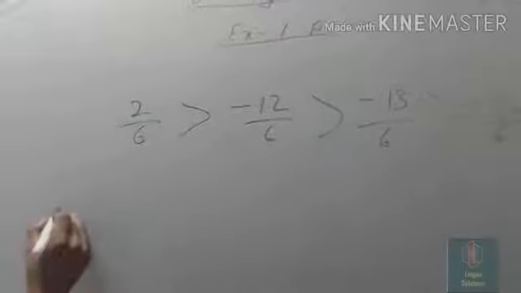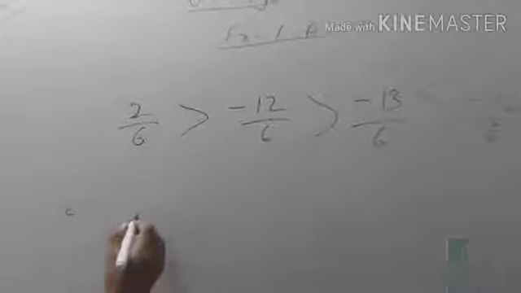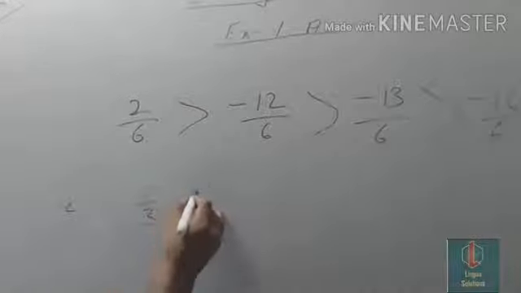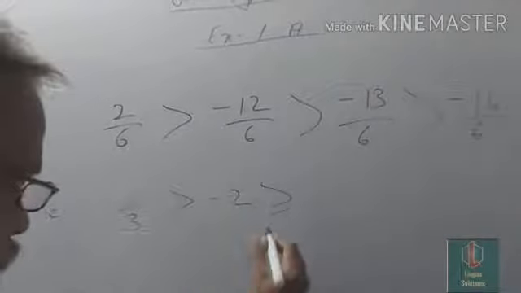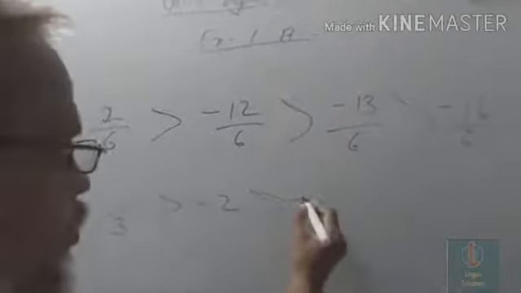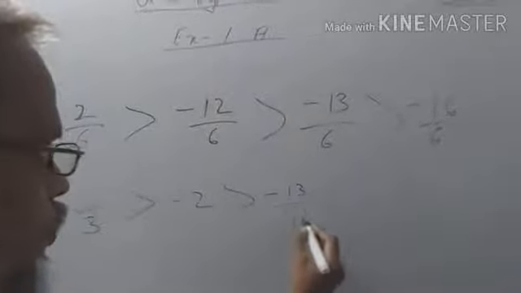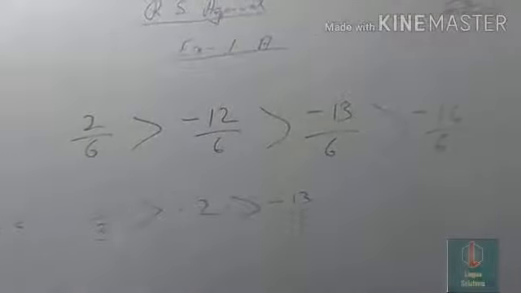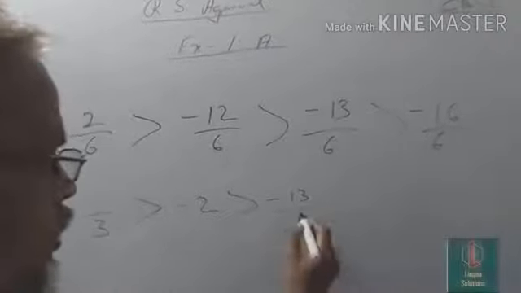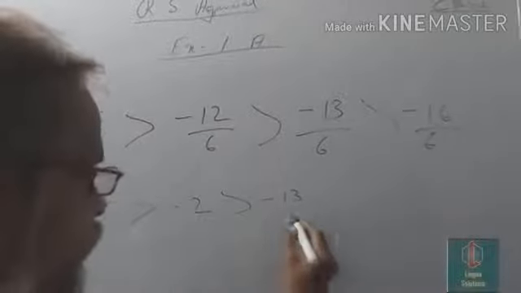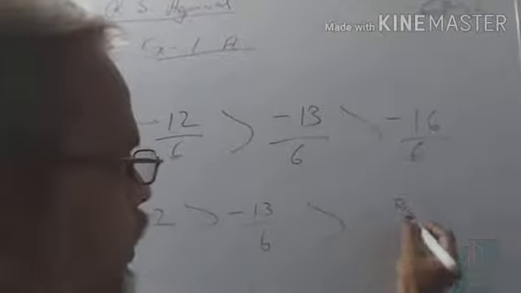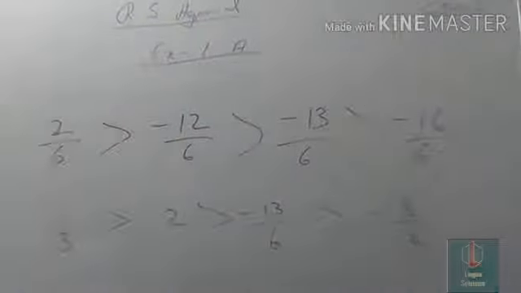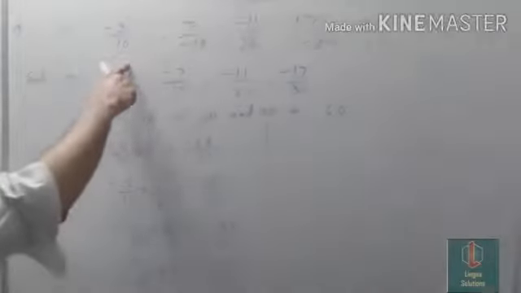That is, our terms are 1 by 3 greater than minus 2 greater than minus 13 by 6 and greater than minus 8 by 3. This is the answer. Next set is minus 3 by 10,